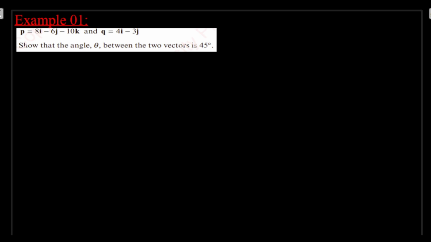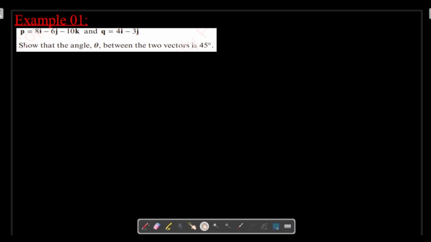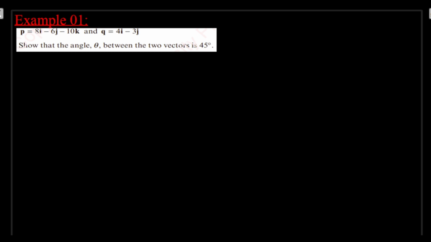In this video, we will look at some examples on scalar product and its applications. Example 1. p is equal to 8i minus 6j minus 10k and q vector equals 4i minus 3j. Show that the angle theta between the two vectors is 45 degrees. Well, we are given two vectors p and q, and we have to show that the angle between the two